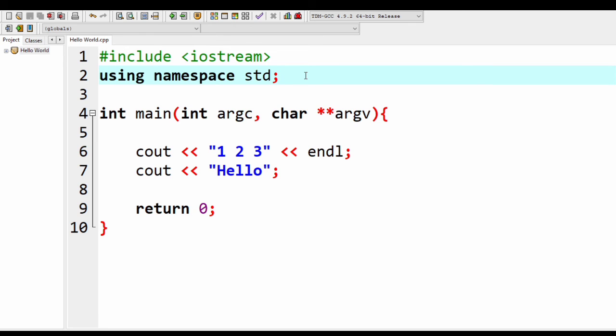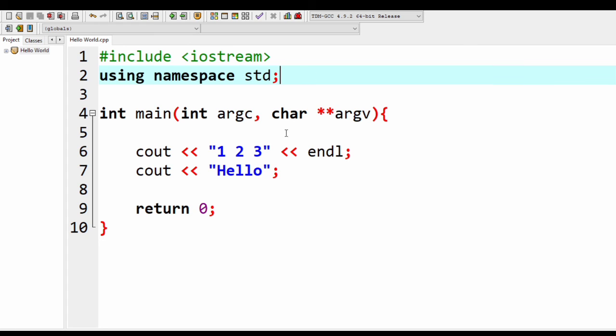What if the name of one of our variables is the same as one of the functions found in the standard library? Of course, there would be errors, lots of errors.